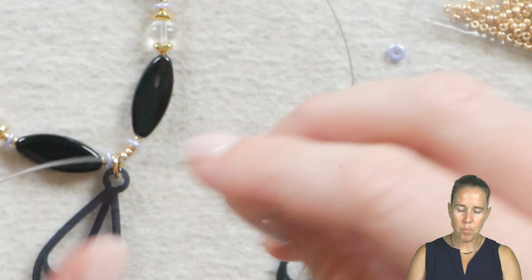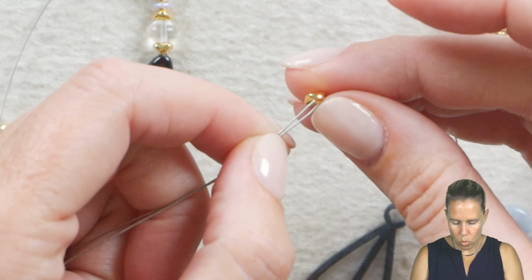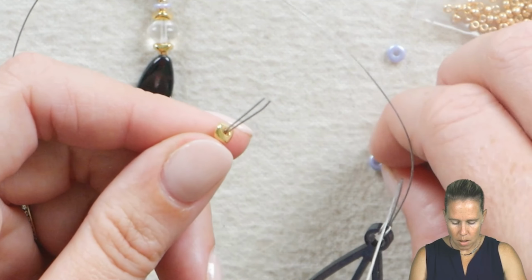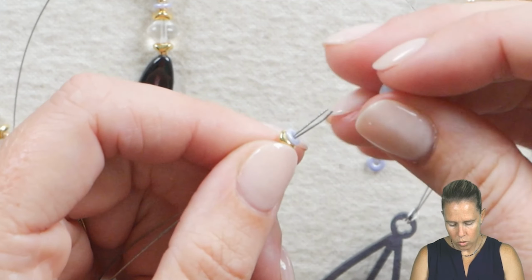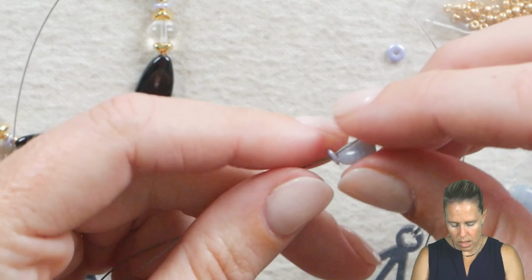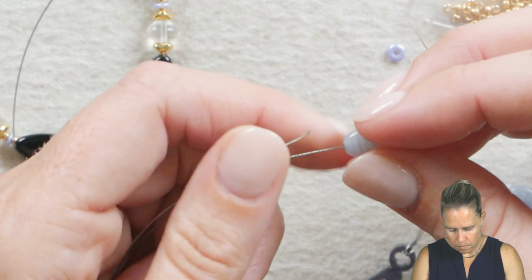So right away, I'm going to take both strands together. I'm going to drop on one of these gold Athenacast beads. If I wanted to, I could have done some seed beads along here. I'm going to use one of the blue O beads, great little spacers. You can use them in bead weaving, but you can also use them like this. Both strands then through one of the ovals,